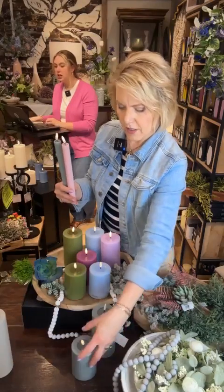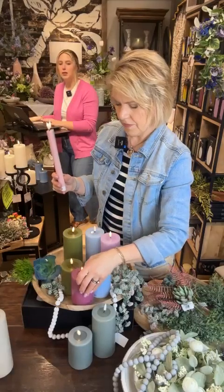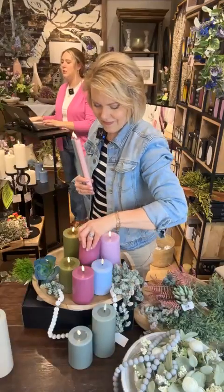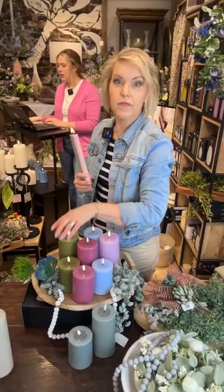We have large and magenta small in the 3x4 and 3x6, which is one of our second best sellers. The ice blue is the best seller, and that's why it's constantly sold out, even though I order so many. The magenta is the next best seller. Okay. And then we also